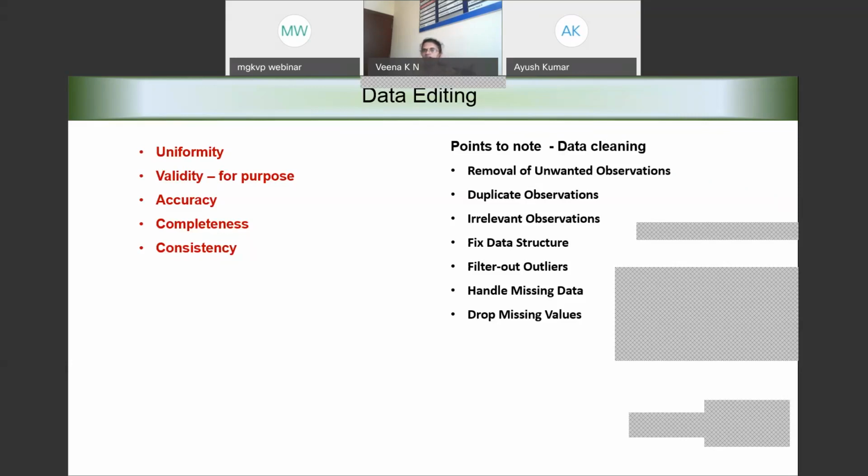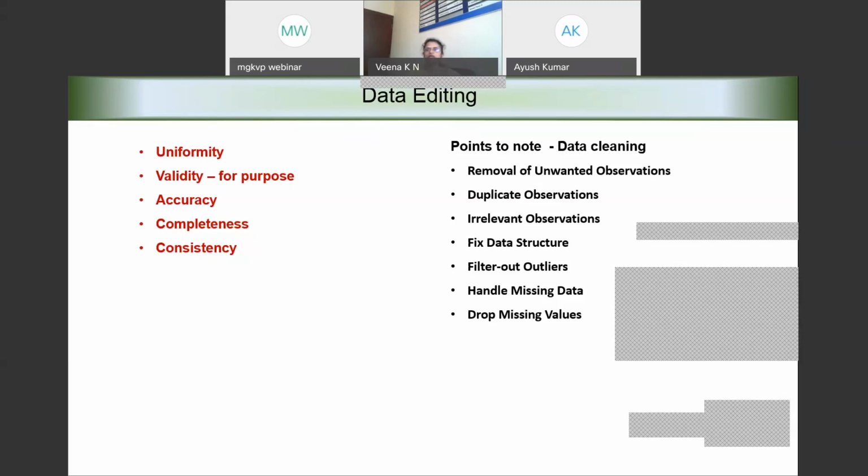And also we dealt earlier with nominal, ordinal, interval and ratio scales. Keeping in mind the statistical analysis that we are going to do, we should know whether it is nominal data, ordinal data or ratio scale data. Interval scale and ratio scale put together is usually referred to as metric scale, and metric scale data is suitable for many different analyses. So we fix the data structure before we go into analysis.